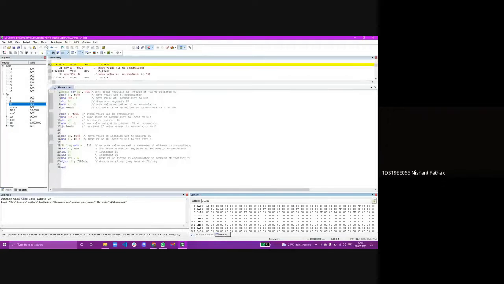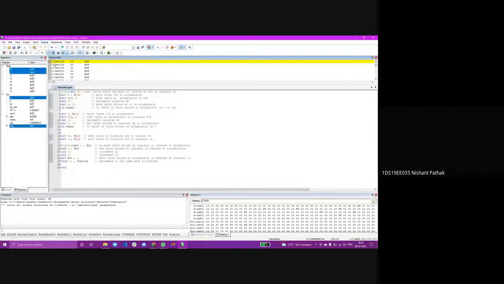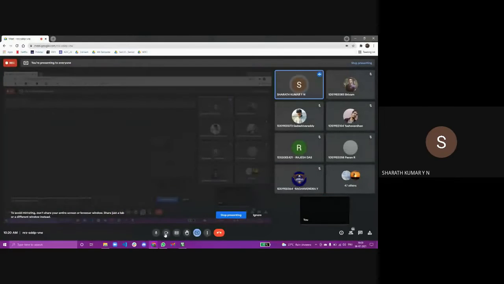Then we run the program, and at location 30H we get the Fibonacci series for the number saved at 60H, that was 15. Here we can see 0, 1, 0 plus 1 is 1, 1, 2, 1 plus 2 is 3, and 2, 3, 5, so the Fibonacci series continues. Okay, but just a second.